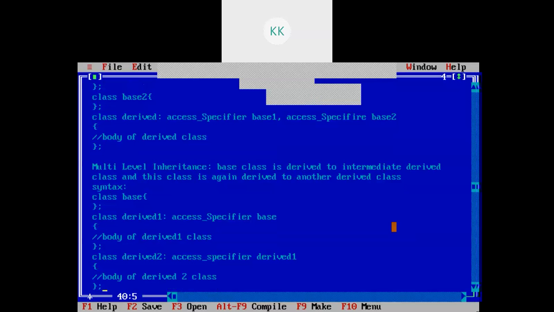This is called multi-level inheritance, right?